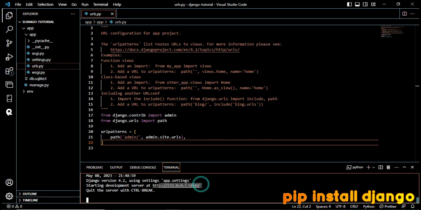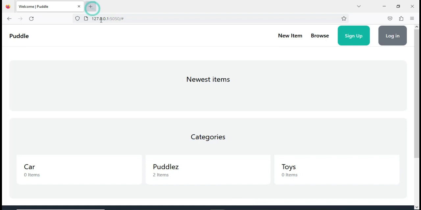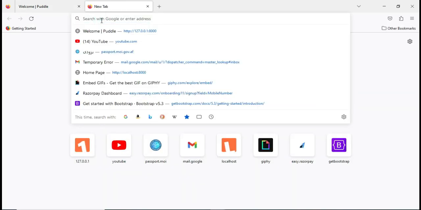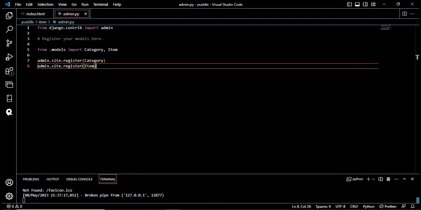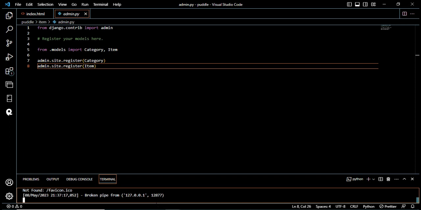So copy this one right here, this right here. So I've got this 5050. Should come back, select another URLs. You can break this one, Ctrl C right here, and right now